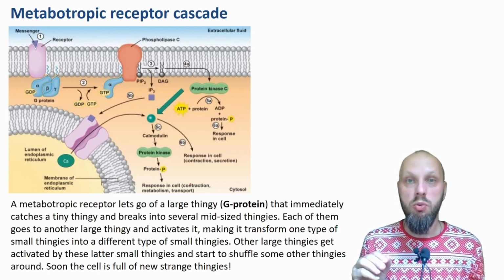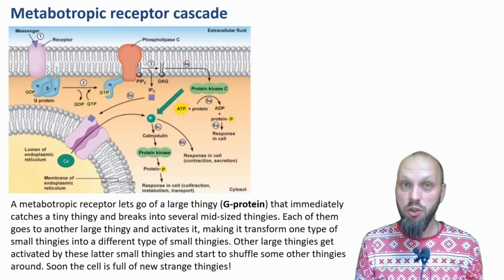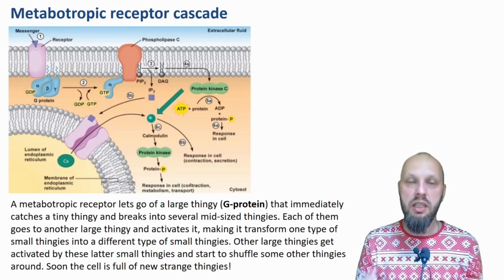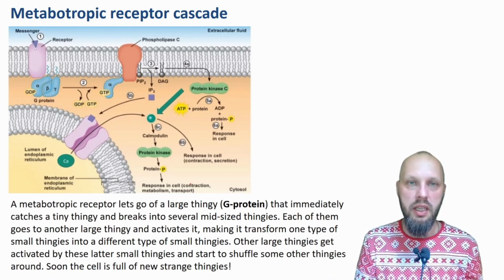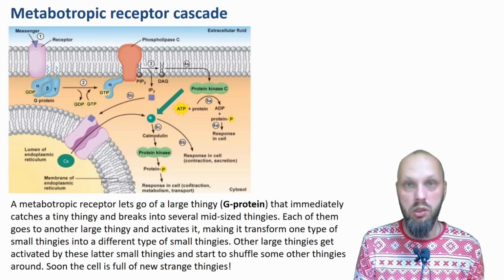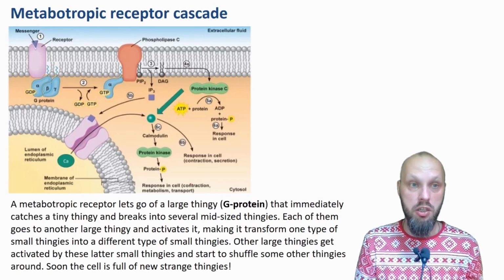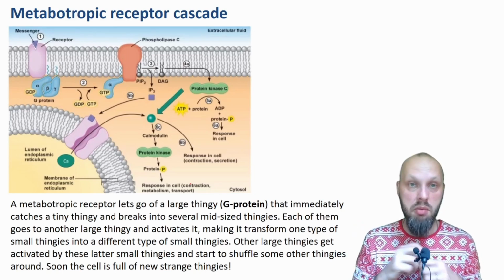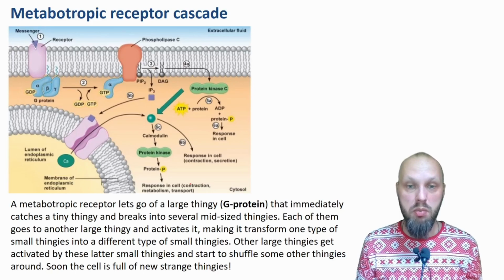And you're not supposed to remember it. The reason I'm showing it is that I just want to show you the level of actual complexity. Even if we look at one type of cascade only, here's what happens. Look at how many different players are there. So I rewrote it as this weird paragraph below, just replacing all the terms with the word thingy. And what I got is that a metabotropic receptor lets go of a large thingy that's usually parked there. The large thingy immediately breaks into several smaller thingies, catches a tiny thingy, breaks into mid-sized thingies, and then